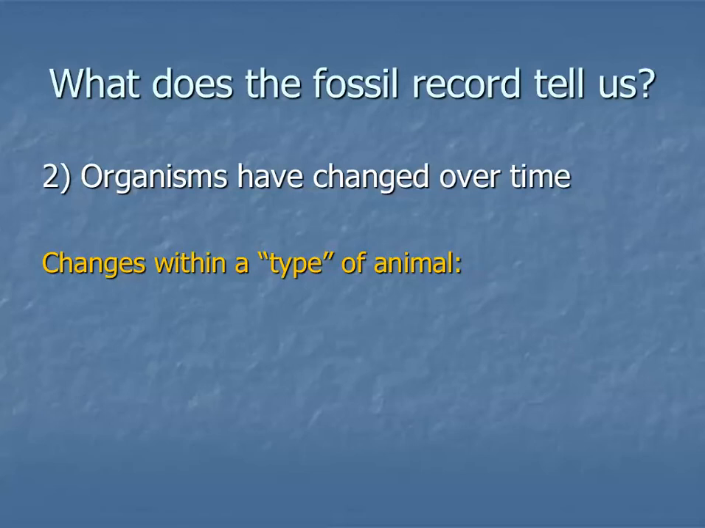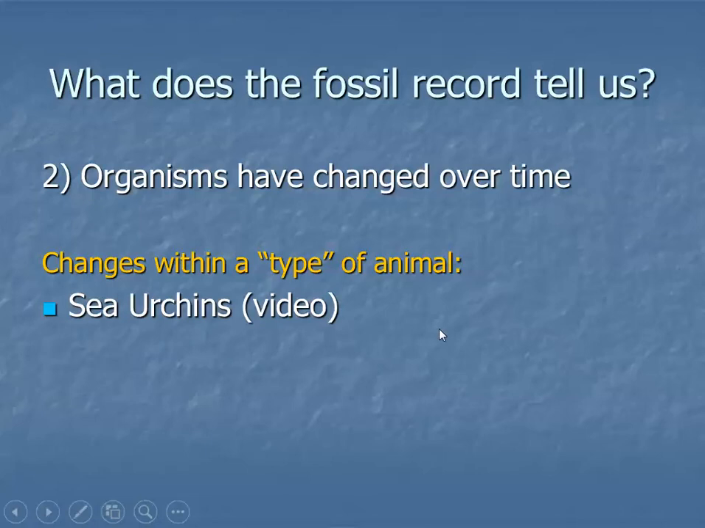What type of organism did you see changing over time in that cliff? Do you remember? Sea urchin. Do you remember the sea urchin? So it started off more rounder and then it became a little bit more heart-shaped. So here clearly in that same exact geographical area, we saw that one type of organism, that sea urchin, changing